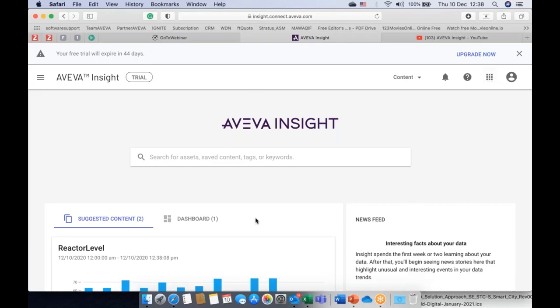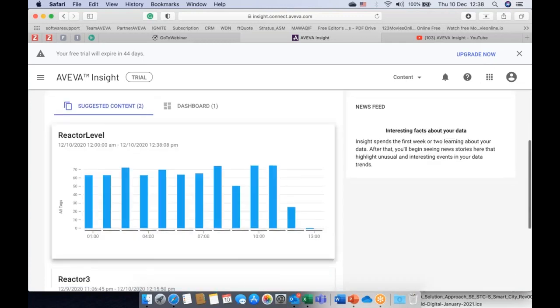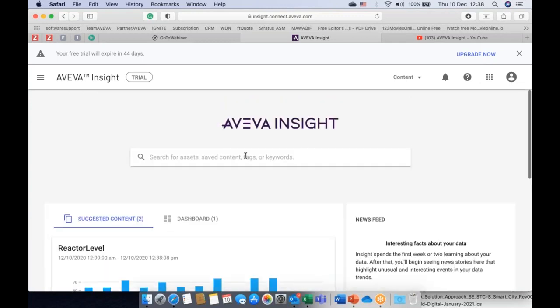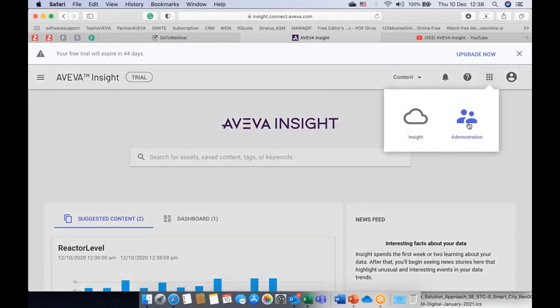This is pretty similar to what I have explained so far on the AVEVA Insight. Now the difference is that you will be gaining access to the administration portal, and you will have the Insight solution selection. Now our solution name is the ITS demo, as you've seen that we logged in at